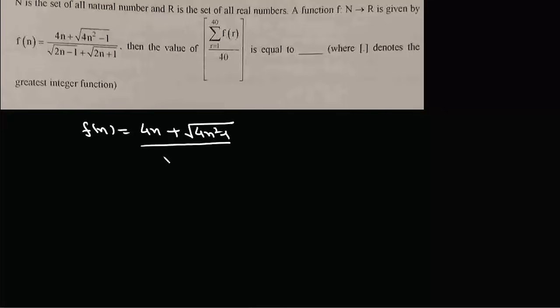Now here the question is, if N is the set of all natural numbers and R is the set of all real numbers, then a function f defined from N to R is given by fn equals 4n plus under root of 4n square minus 1 upon under root of 2n minus 1 plus under root of 2n plus 1. Now what we'll do is, we can write this as 2n plus 1 plus 2n minus 1 plus under root of